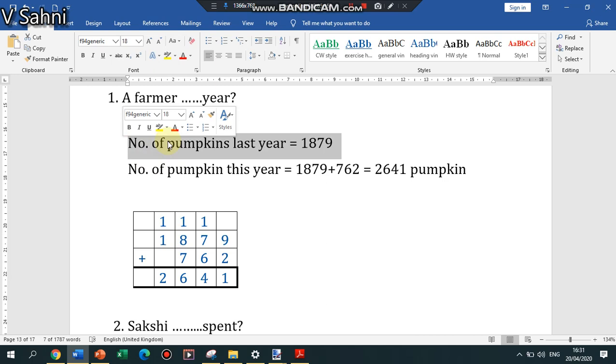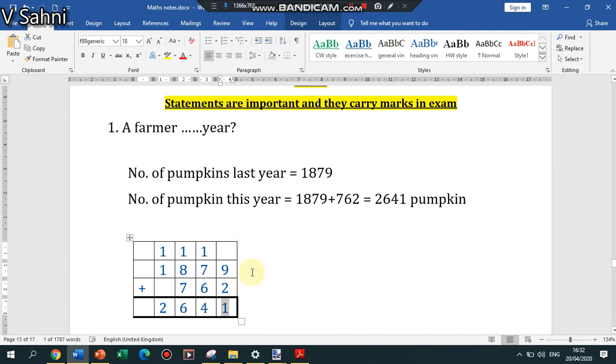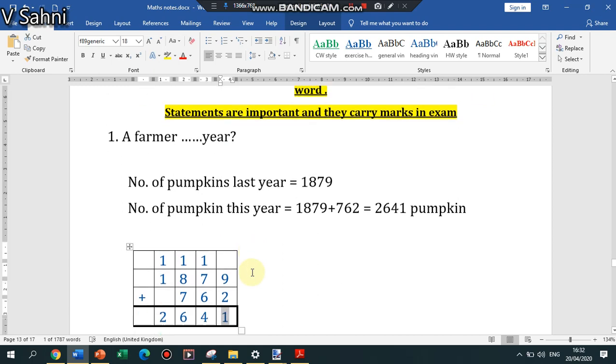It is important. And in addition, please don't expect that if one digit is wrong in the answer, ma'am will give a little bit of marks. No. Even if a single digit is wrong in totaling, the answer is considered as wrong. So keep in mind these things, that statements are important, calculation is also important. Both things are important.